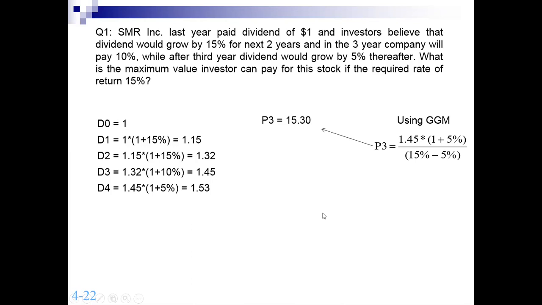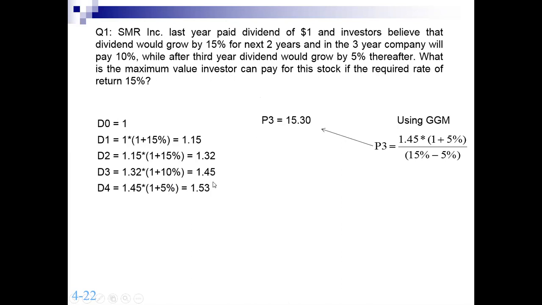as I suggested here, when you are working on supernormal growth, the year in which you are interested to find the total value will be taken as P0. So actually your question is asking what price you should pay. Read from here. What is the maximum value an investor can pay for this stock if the required rate of return is 15%? So in this type of question, we carefully check